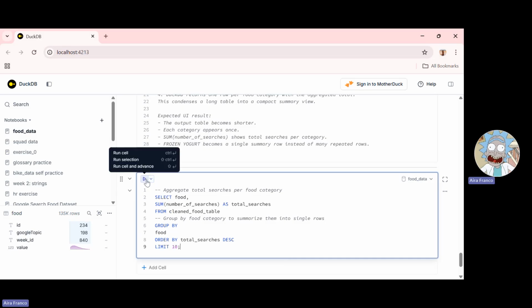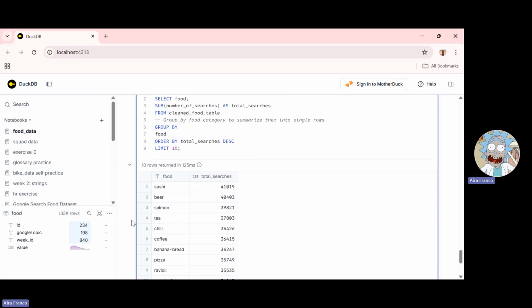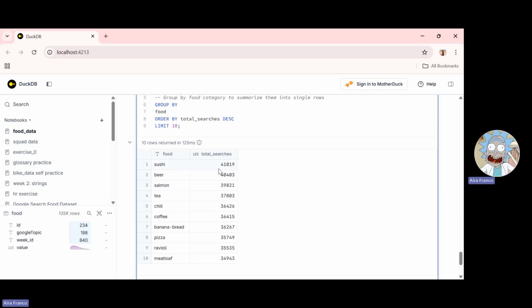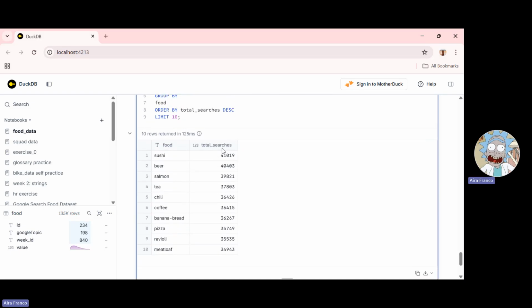And let's see. Okay, so we have created a table called total searches, which is just the sum of all the number of searches. Here, we have grouped them by food, and the limit is 10 in descending order. So we can see that sushi has the most searches, and meatloaf has the least number of searches. What if we want to